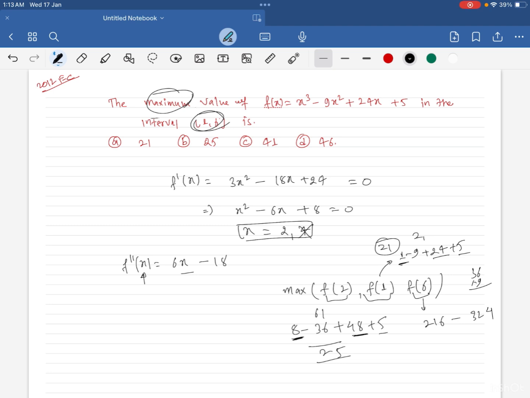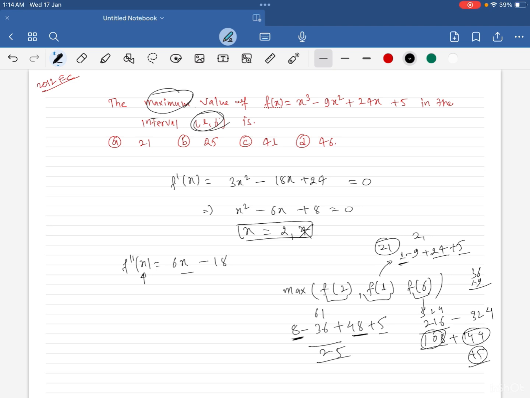And here we will have 24 into 6, that would be 144 plus 5. I think at this point, if we subtract, that would be 108, right? And 108 plus 144 plus,